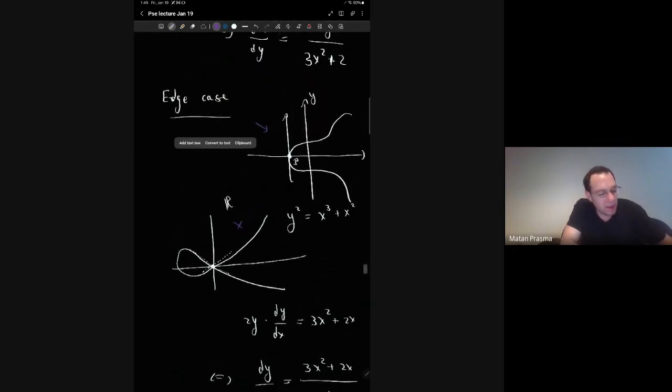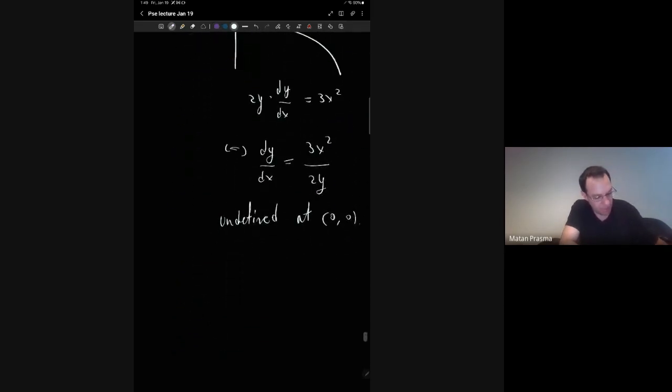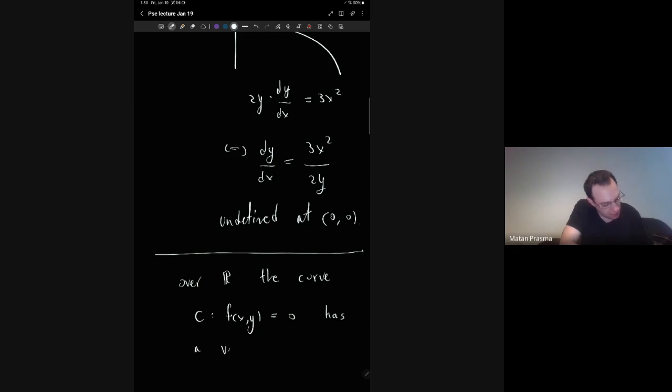So to say that there is a vertical tangent line is equivalent to say that, let me draw it again, over R, the curve C has a vertical tangent line, say at a point P,